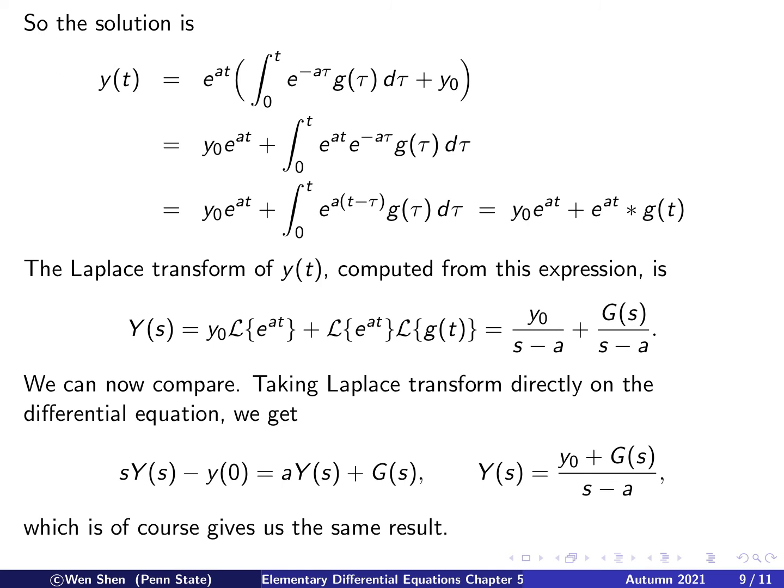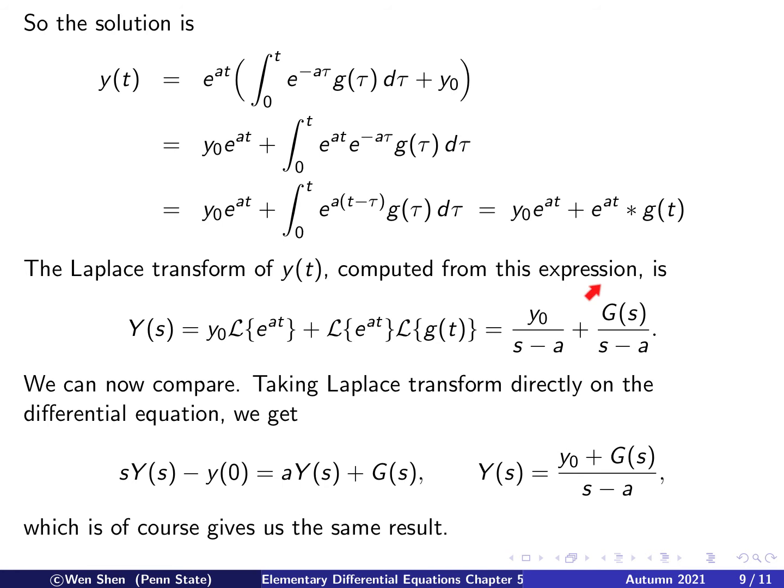Okay, so now let's compare this to the other standard way that we used to do. We can take the Laplace transform directly on the differential equation, and then we will get sY(s) minus the initial condition y naught equal to a times Y(s) plus G(s). Then moving the y naught to the right hand side and the Y(s) to the left hand side, you can solve this algebraic equation for capital Y of s, and you will get (y naught plus G over s) over (s minus a),